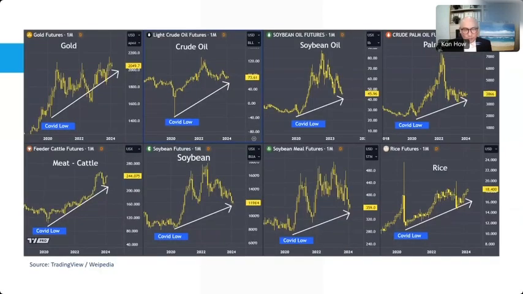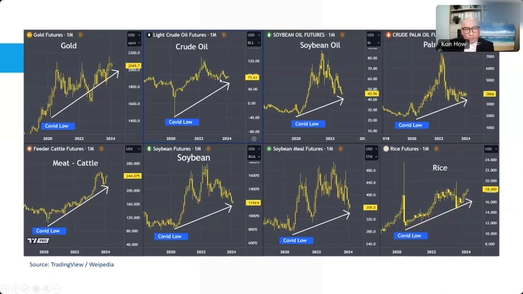Okay, let me just go back again: as long as there's inflation, and inflation will always be there, how I measure this is that I was keeping track of the gold market. As long as the gold market remains high, and I believe that if you could see that since COVID, the